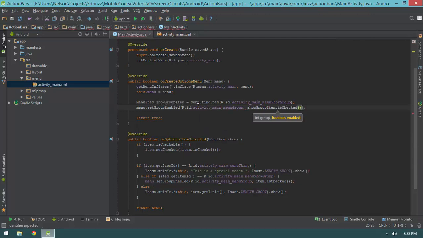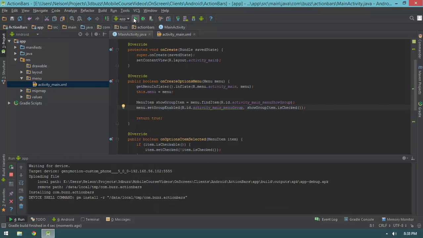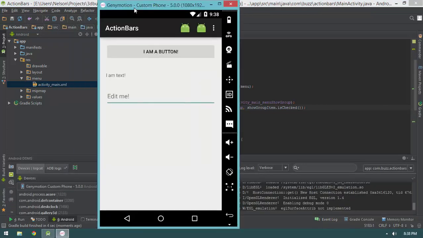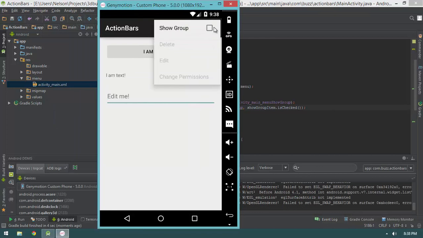Being really, really slow today. I'm sorry, guys. All right, let's go ahead and hit play, and we will observe this code working. Hopefully, unless I failed completely miserably with Android. And as you see, show group, the group is disabled. And if I defaulted show group to being true,